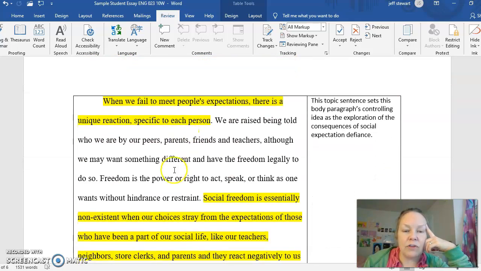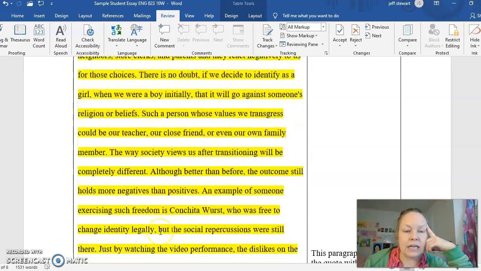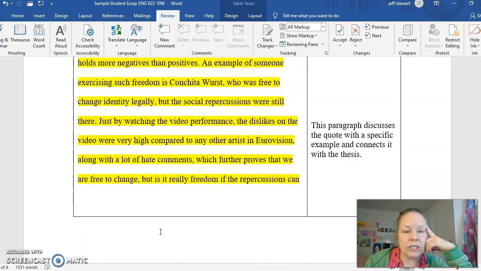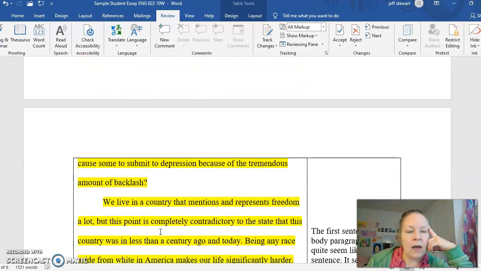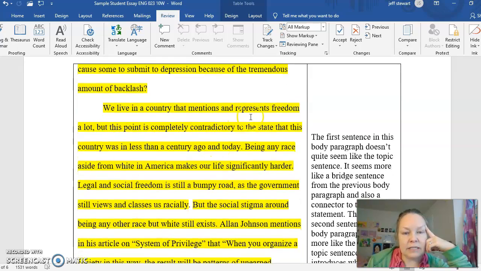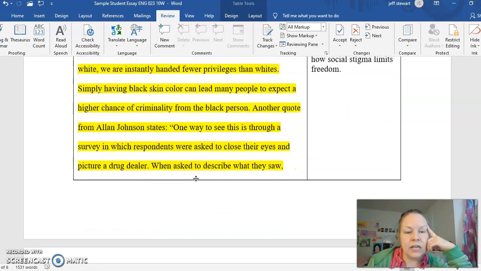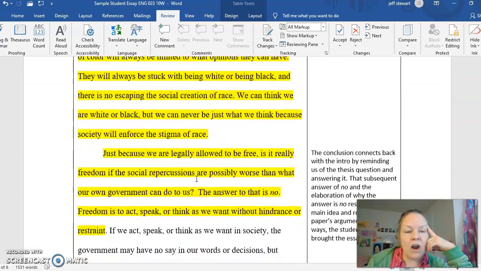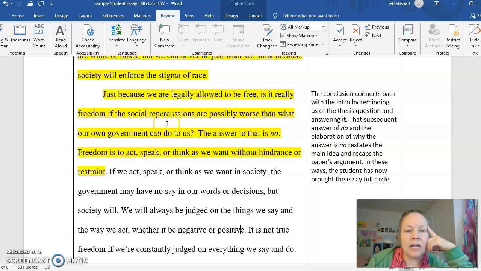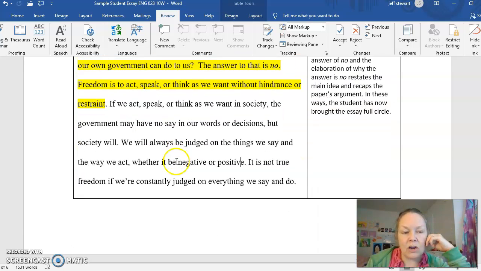We got another body paragraph with a topic sentence. We got discussion. We've got a quotation in here. And again, another topic sentence and another quotation and discussion. And then we drop down and we have our concluding paragraph. Here's where the student recaps the argument and